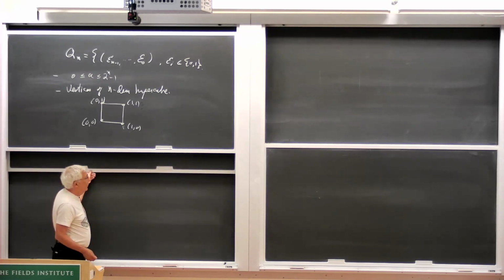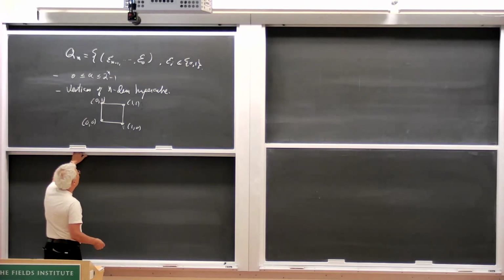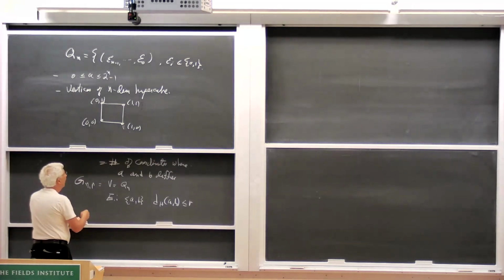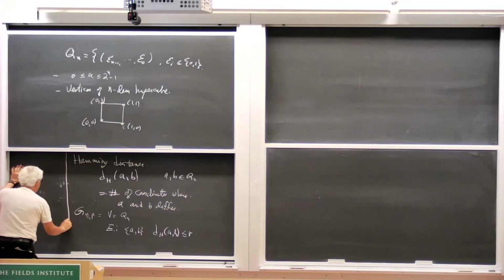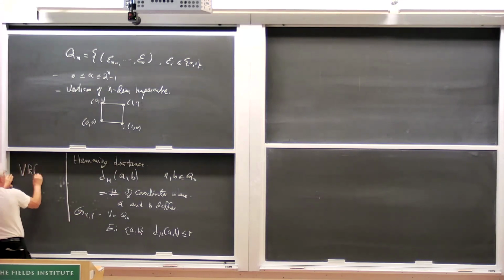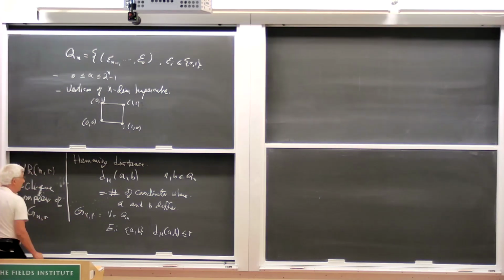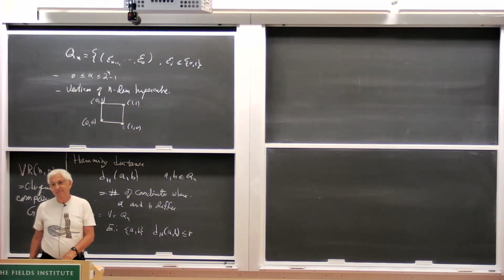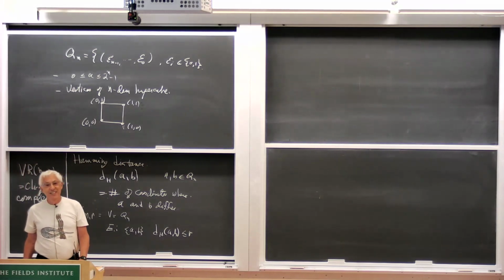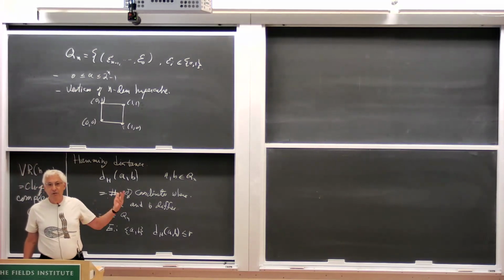What does one do with the graph? The Vietoris-Rips complex, with two parameters, the n and the r, is the clique complex of G(n,r). And the problem some people, a few people, are interested in is the homology type, cohomology of these things,